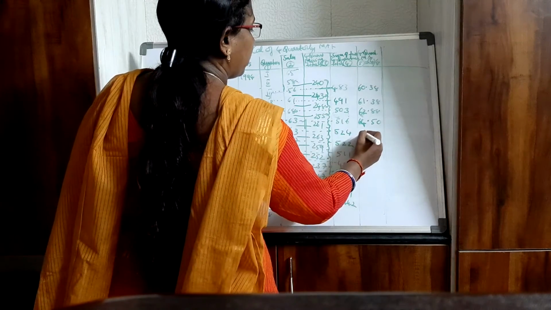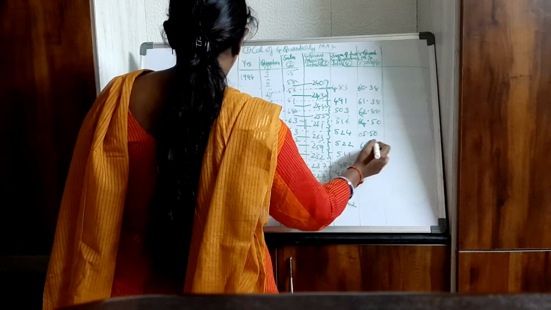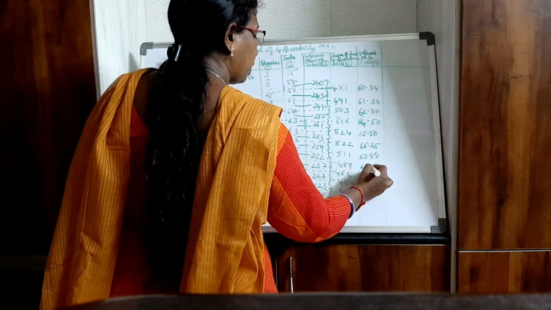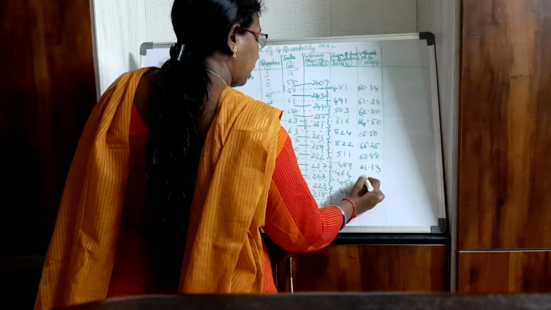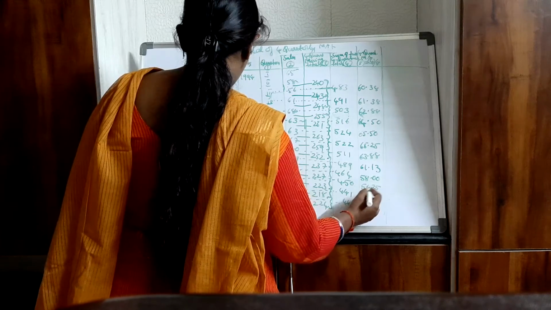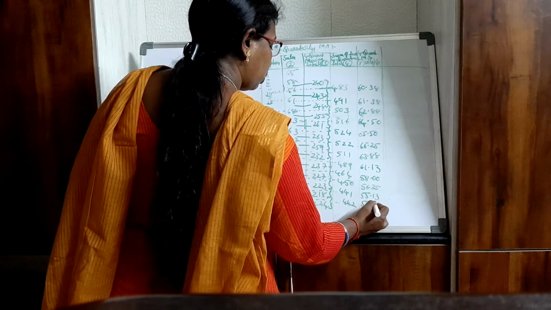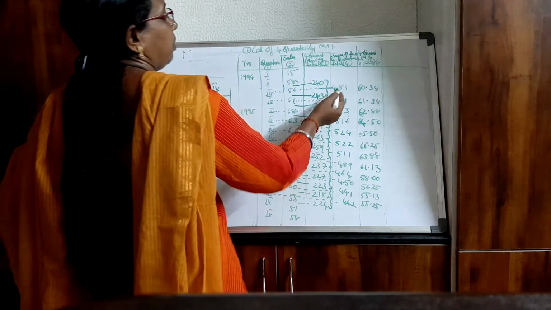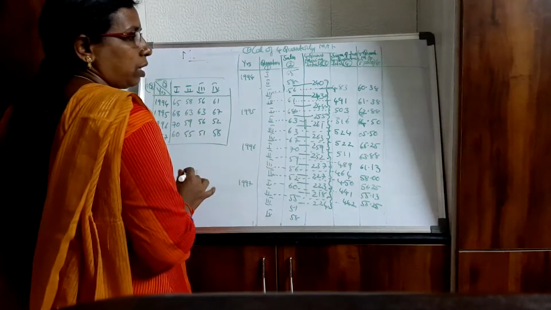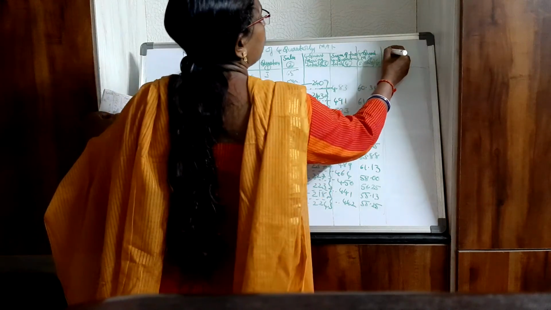Then 65.50, 65.25, 63.88, 61.13, 58.00, 56.25, 55.13, 55.25. So when I am dividing the sum of 2 4-quarter totals with 8, you will get the 4 quarterly moving averages. After getting 4 quarterly moving averages, you have to calculate ratio to moving average.